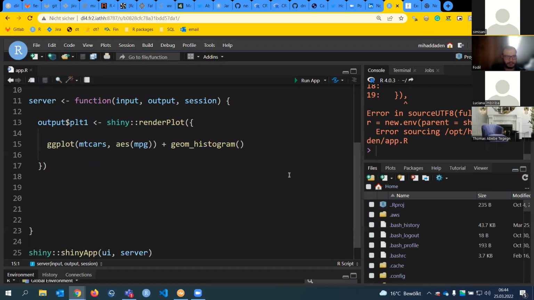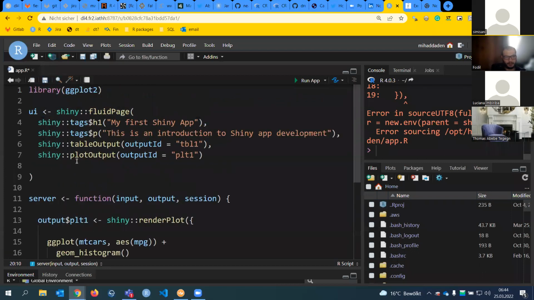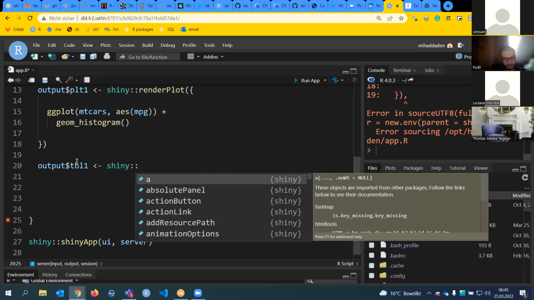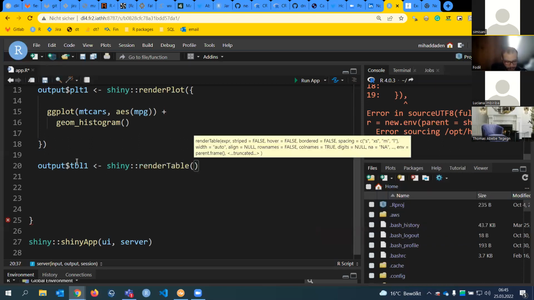The same way, I will write output$, the ID of my table, which is tbl1, copy it here, and then assign it the result of a function, which is not renderPlot because it's not a plot, not renderText because it's not text, but renderTable. So just do renderTable, and then curly brackets.